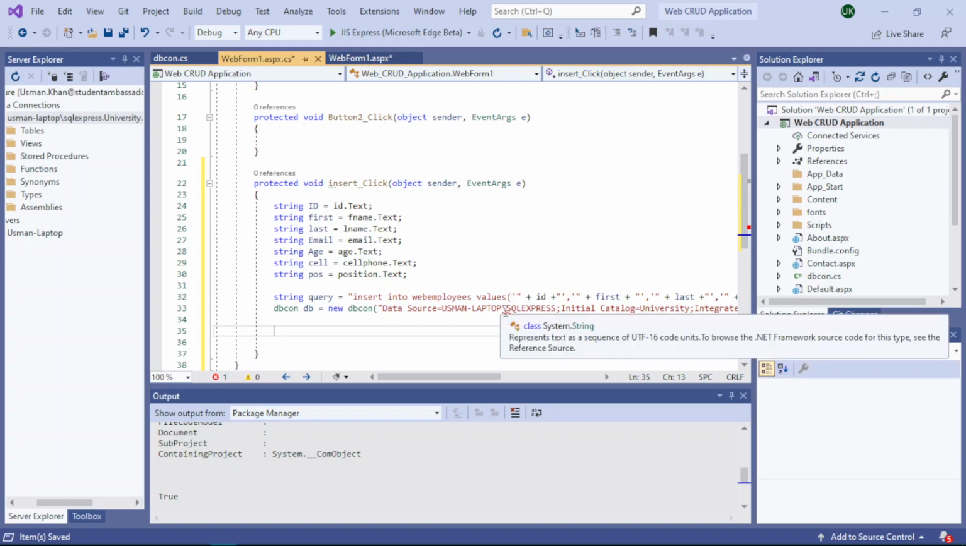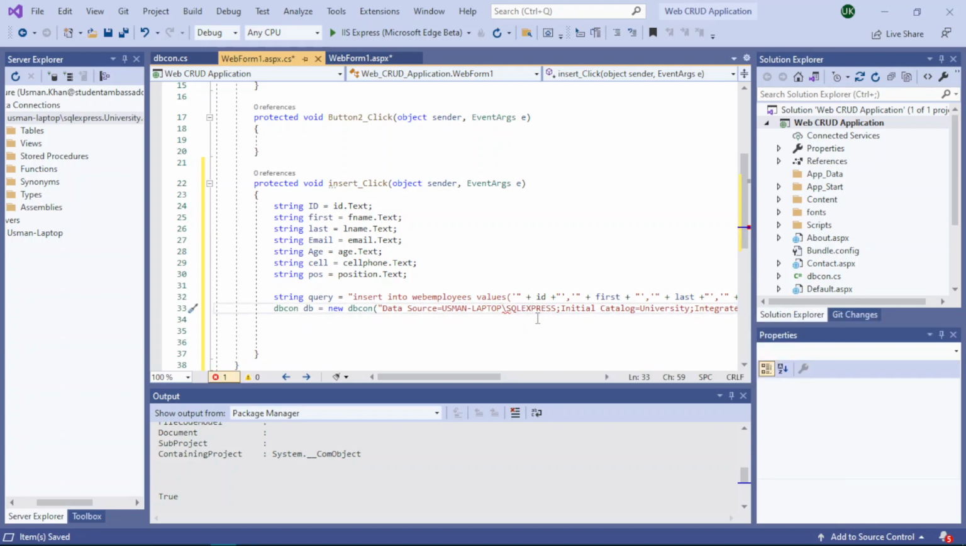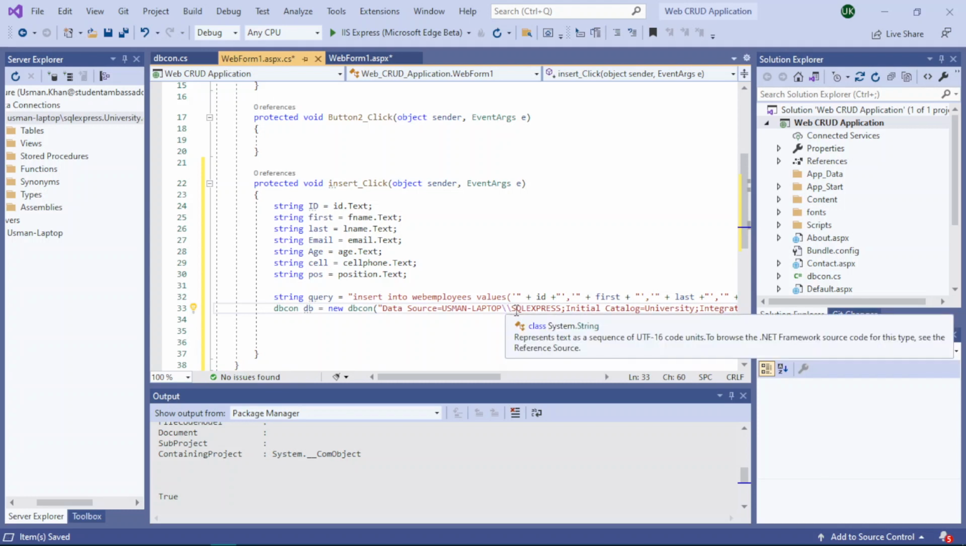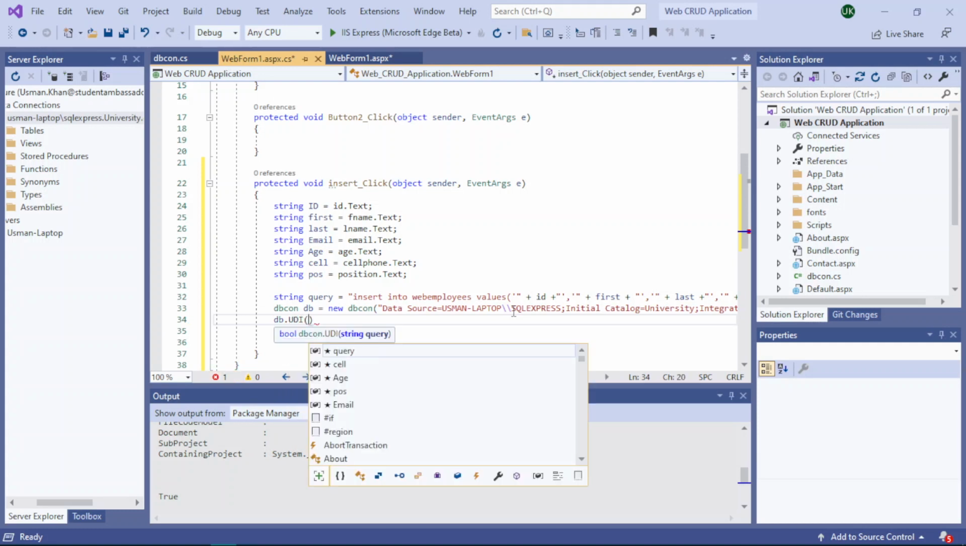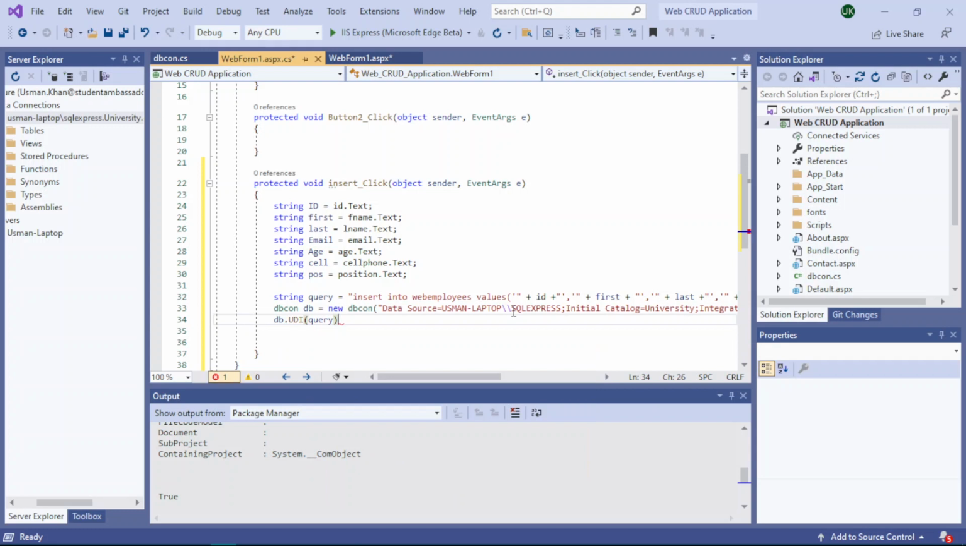This connection string will allow us to connect to the database, and you can see that this is an error that has popped up. So what we can do to avoid it is adding another backslash, because this indicates an escape character. That's why we can't use a single backslash. Okay, now that's done. All we need to do is db.udi and then pass our query, and then check if greater than 0,